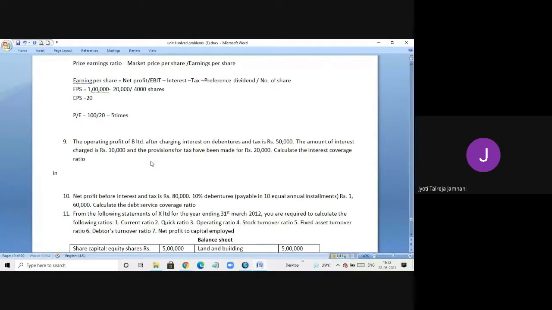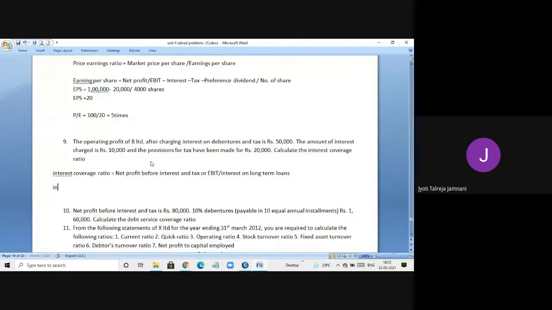So the formula for interest coverage ratio is net profit before interest and tax, or you can also say EBIT, divided by interest on long-term loans. So interest coverage ratio,